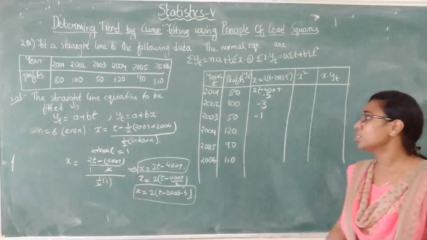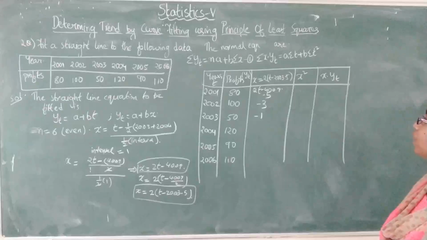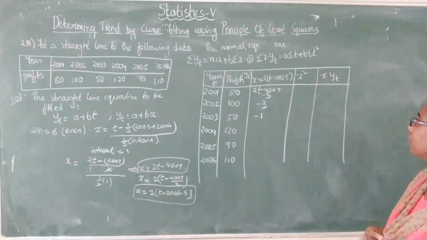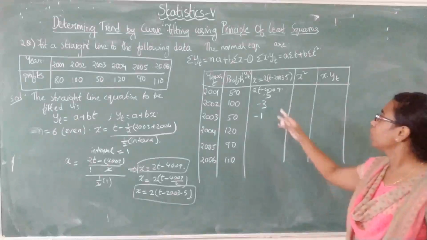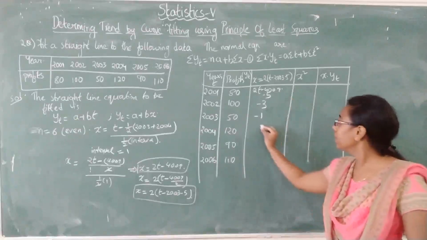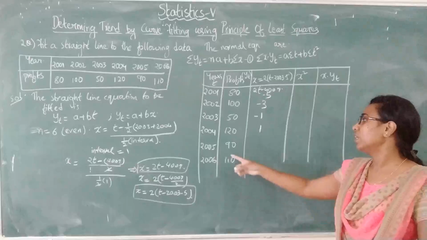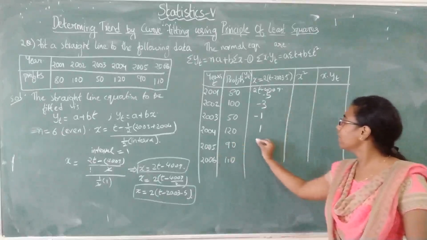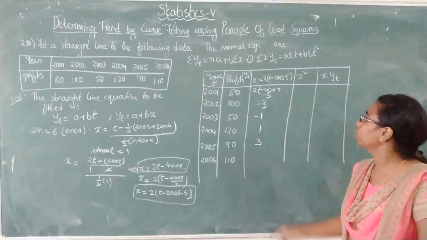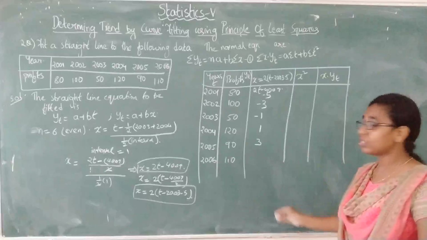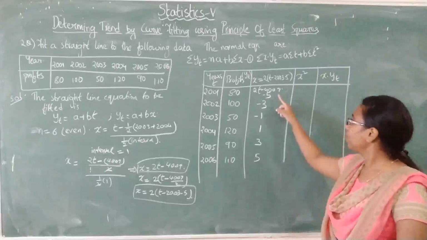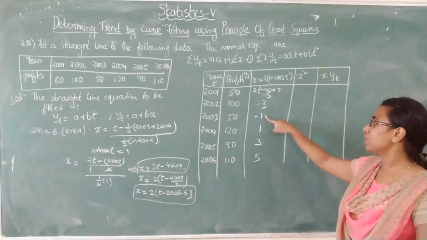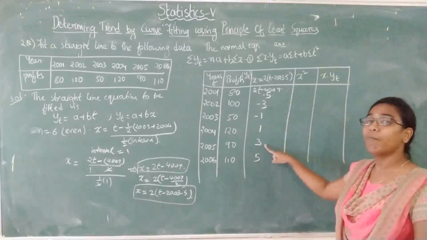Similarly 2004. So 2004 into 2 is 4008. 4008 minus 4007 is plus 1. Similarly 4010 minus 4007 is plus 3. 4012 minus 4007 is plus 5. If you observe, you got minus 1, plus 1, minus 3, minus 5, plus 3, plus